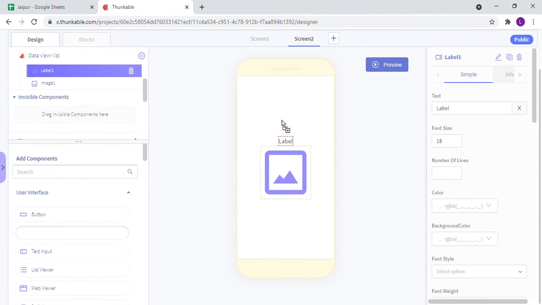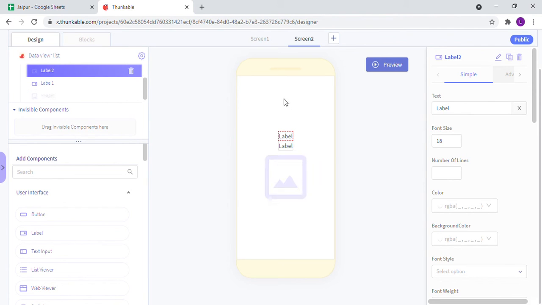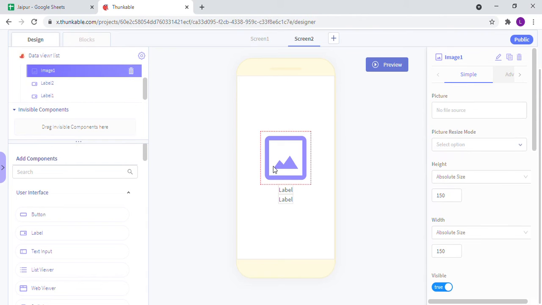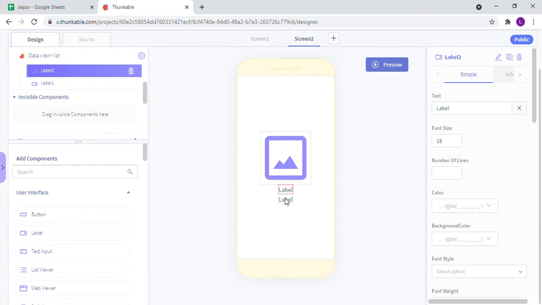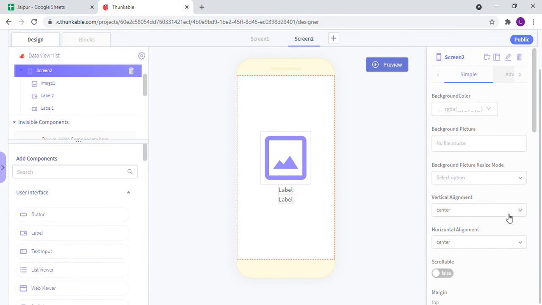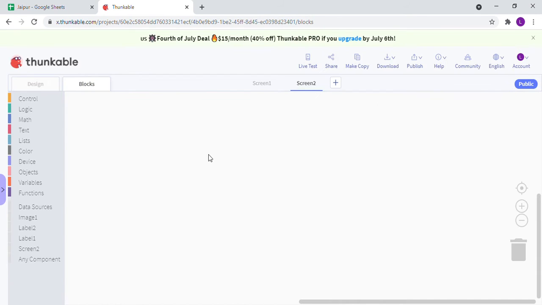Okay, it is going upwards, so we'll bring it at the bottom. Yeah, no need of renaming. So this is our first label, this is our second label. So that's it. Now we'll go to blocks. I forgot, we will do this vertical alignment space around. Now we will go to the blocks.